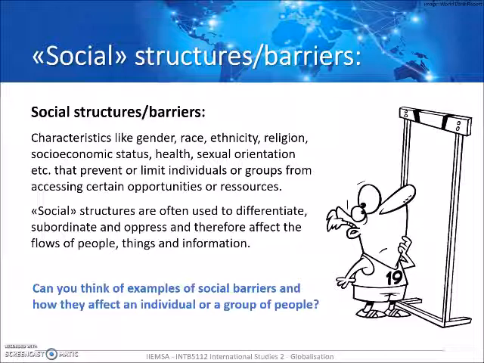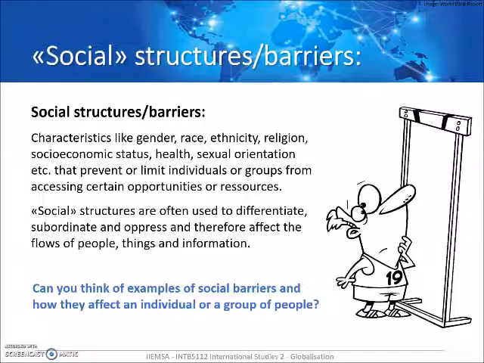An example we mentioned before is that it's probably easier for you if you're white to get a visa permit for another country. As a man, you're safer moving around, traveling around. But also in terms of religion, we're seeing that it's much more difficult for Muslim people currently to get access, to be able to travel, to be able to move, to get access to other countries. Socioeconomic status is obviously a very big one. The more money you have, the easier it will be for you to access opportunities.